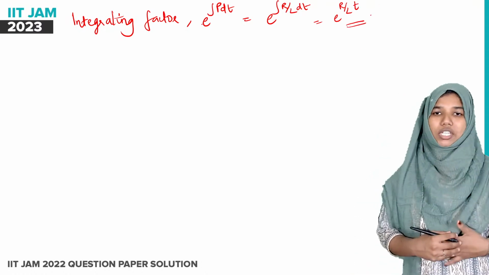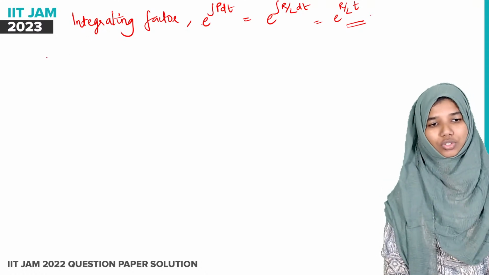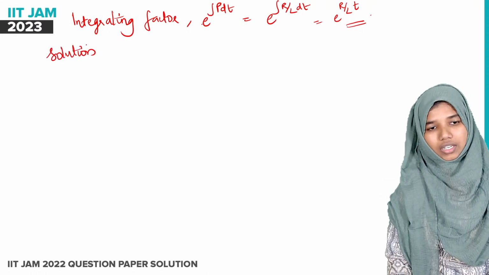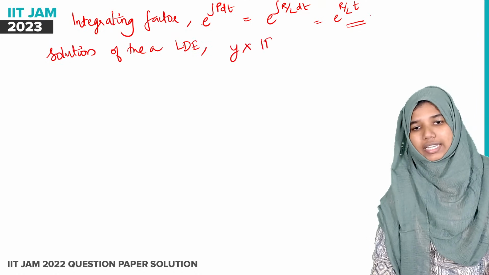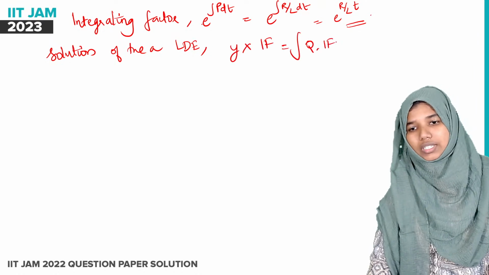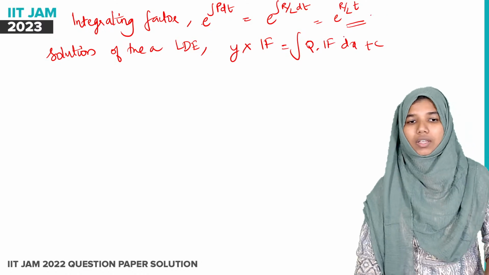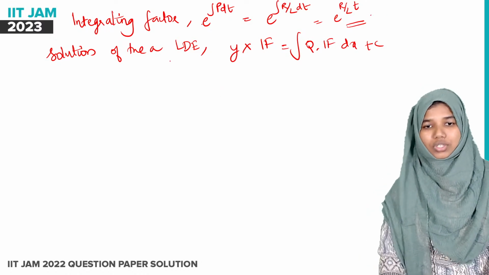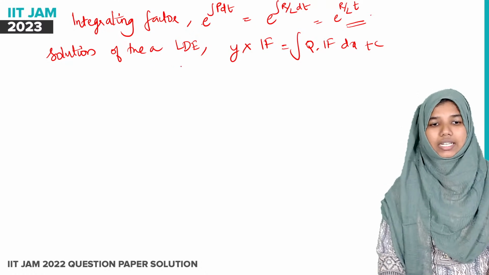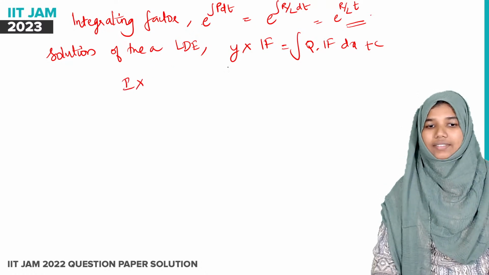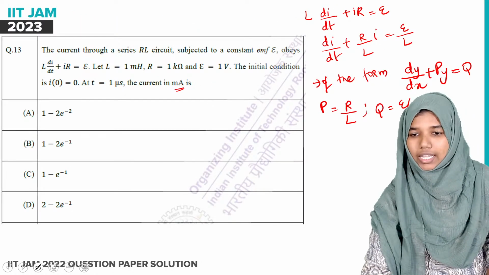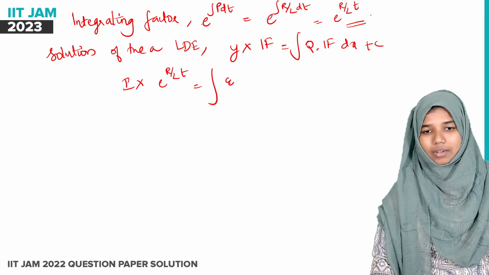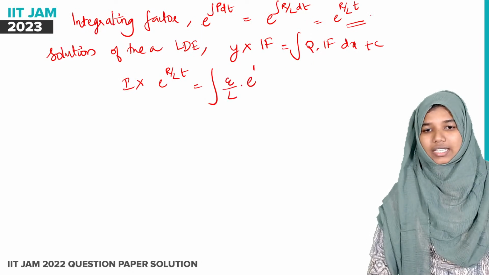So linear differential equation il namukku integrating factor vechittu nammal solution, the solution of a linear differential equation is given by y into integrating factor is equal to integral Q into integrating factor dx plus c. Okay, ഇതായിട്ട് കമ്പയർ ചെയ്യുന്ന സമയത്ത് നമ്മളെ കേസിലെ സൊല്യൂഷൻ നമ്മൾ കണ്ടുപിടിക്കുന്നത് I ആണ്. So instead of y it is I into integrating factor, exponential R by L into t, is equal to integral Q, which is epsilon by L, into again integrating factor exponential R by L